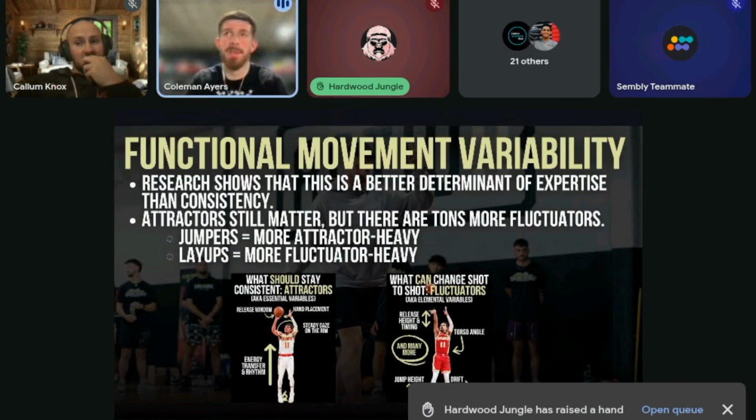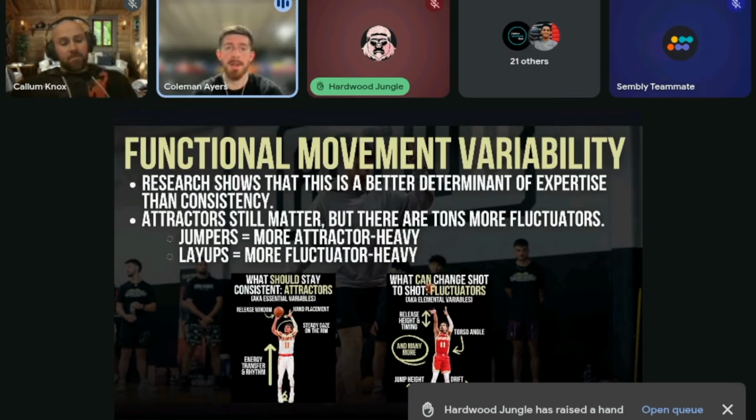So that's maybe an area where we do aim for some consistency at first, especially with something like a jump shot. We don't want to provide these athletes with an immense amount of variability and inconsistency at first. We would like to have a nice little model of technique to go off of, but way too many players stick at that for way too long before they start to add in some functional movement variability.